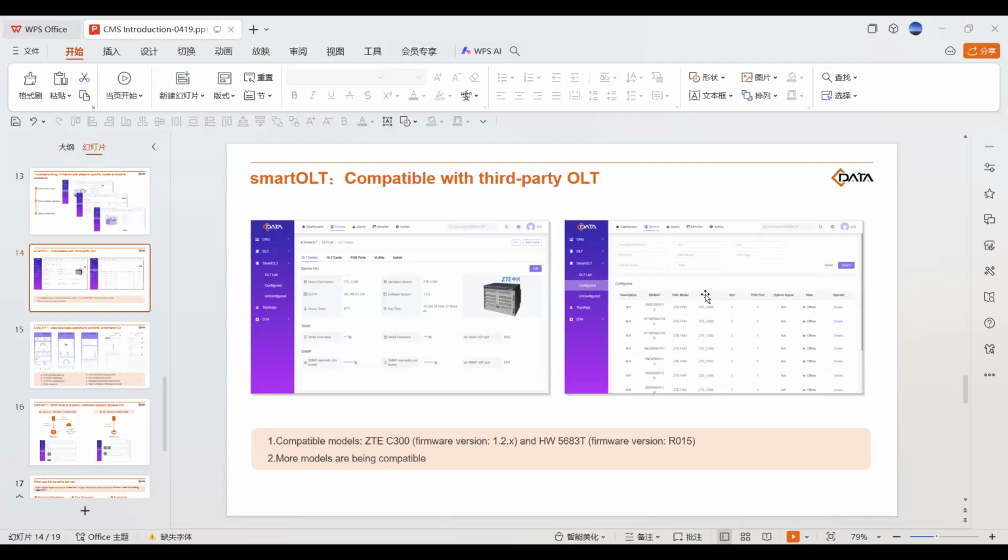How about the ONU? As the CMS system is compatible with TR069, if your ONU is compatible with it, CMS